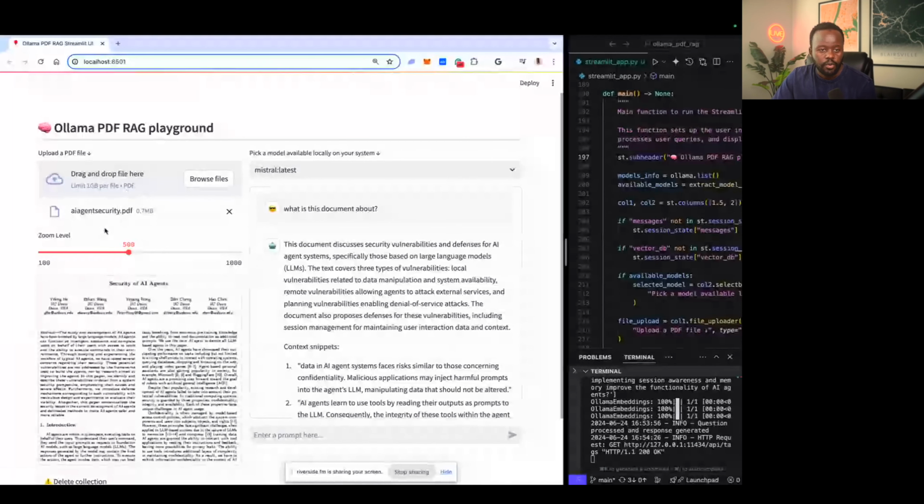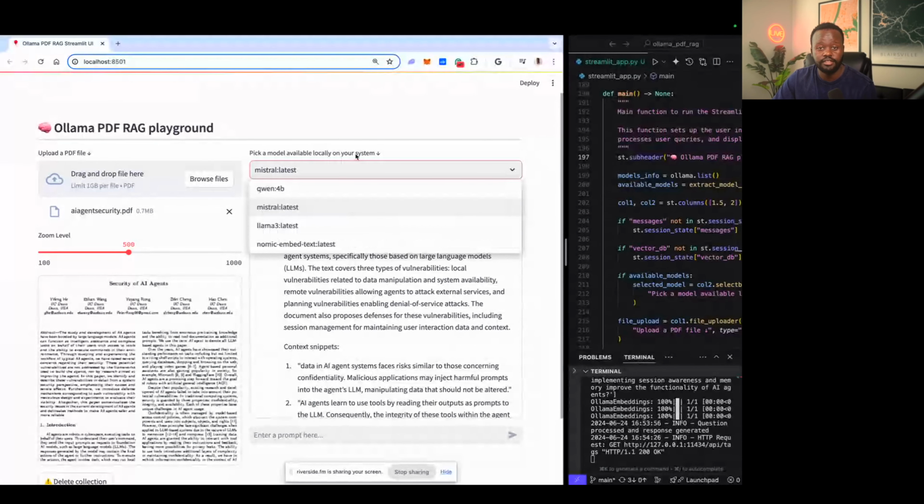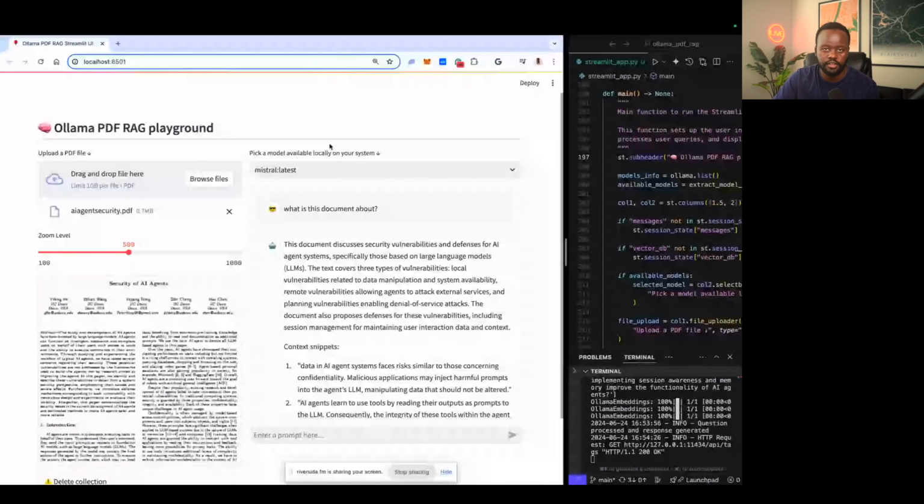I've already uploaded a file here. It's an AI agent security PDF file, and I got it from arXiv, which is an open source site where people post their research papers, and it's become really popular since the LLMs got popular. In this case, I wanted to upload a recent document that I'm sure the LLM wasn't trained on, or at least some of these LLMs that I'm using were never trained on. That way I'm able to get a feel for what they're extracting from these PDFs,